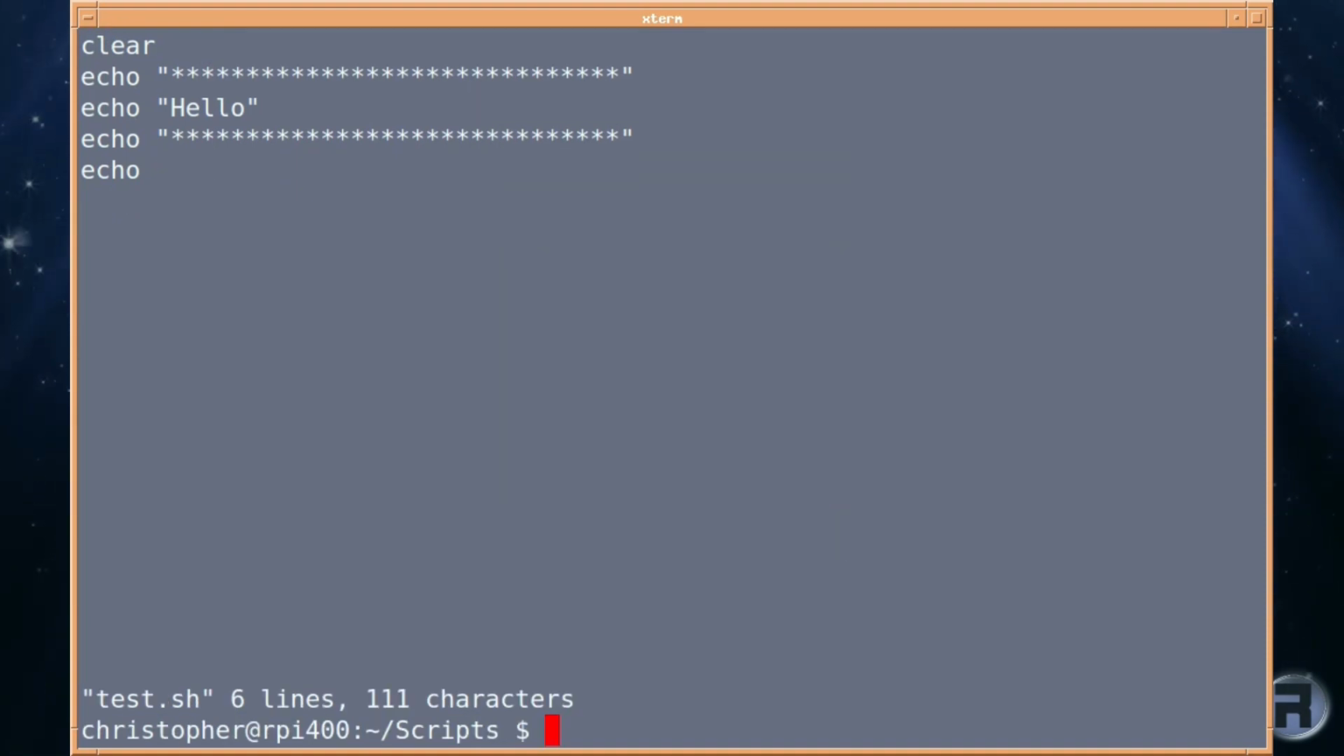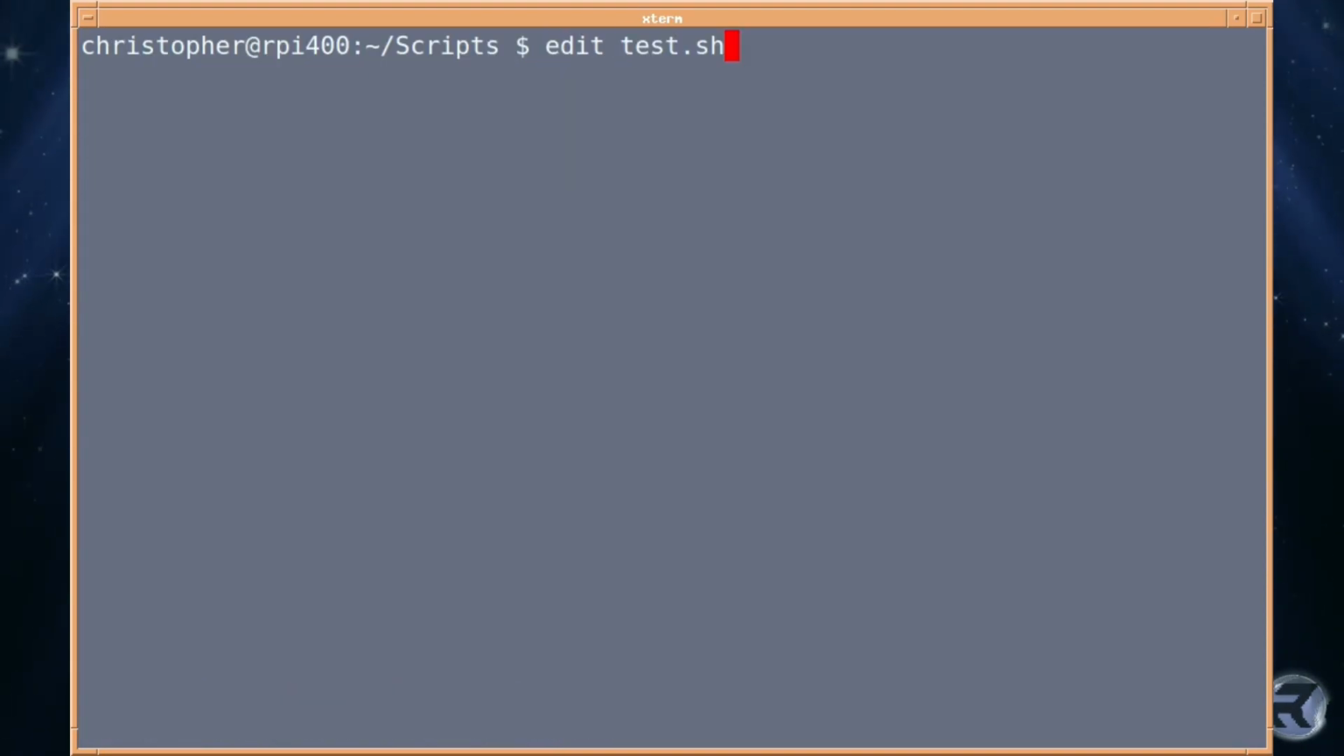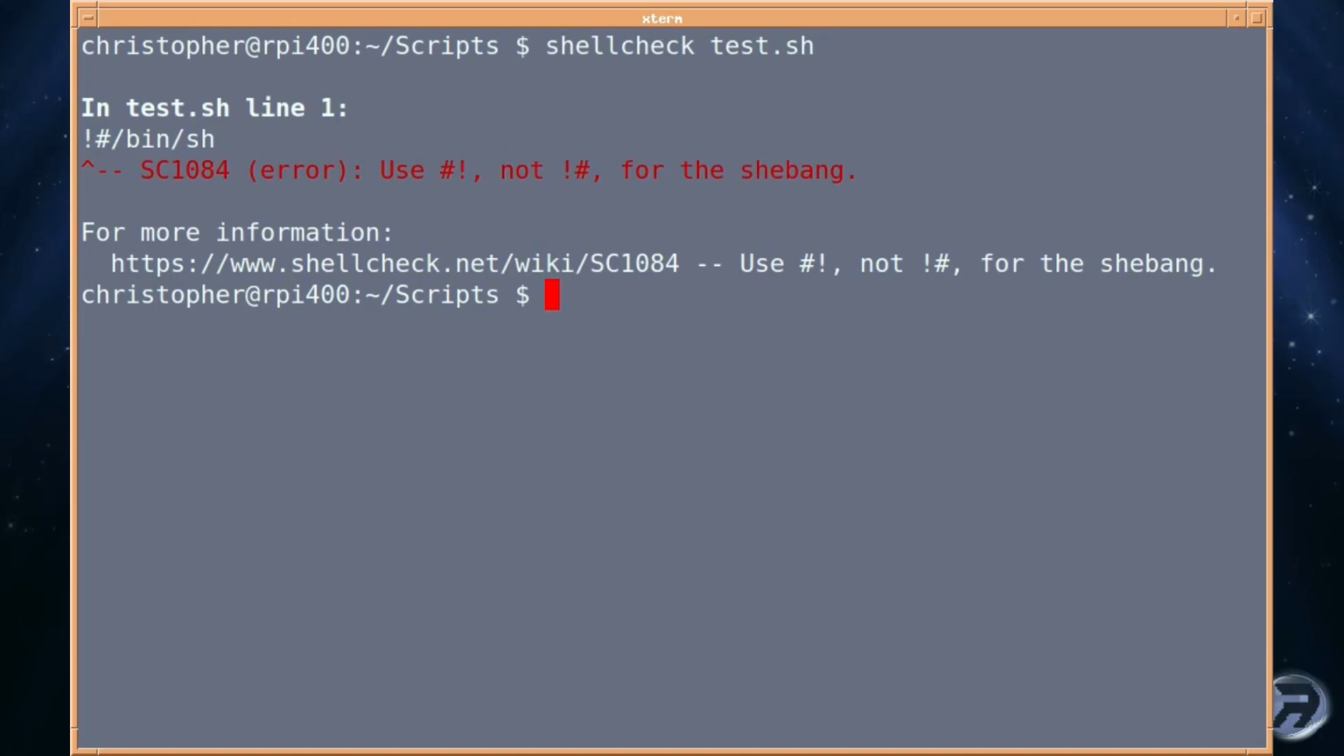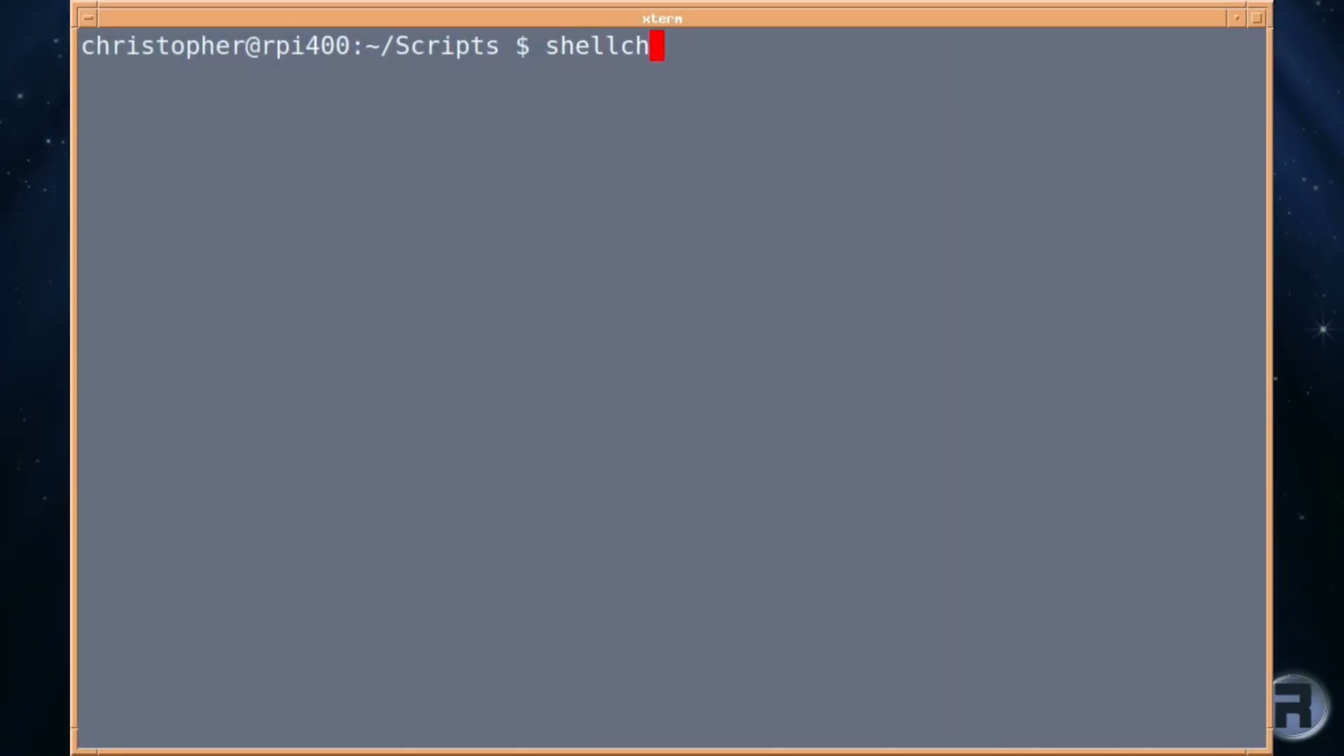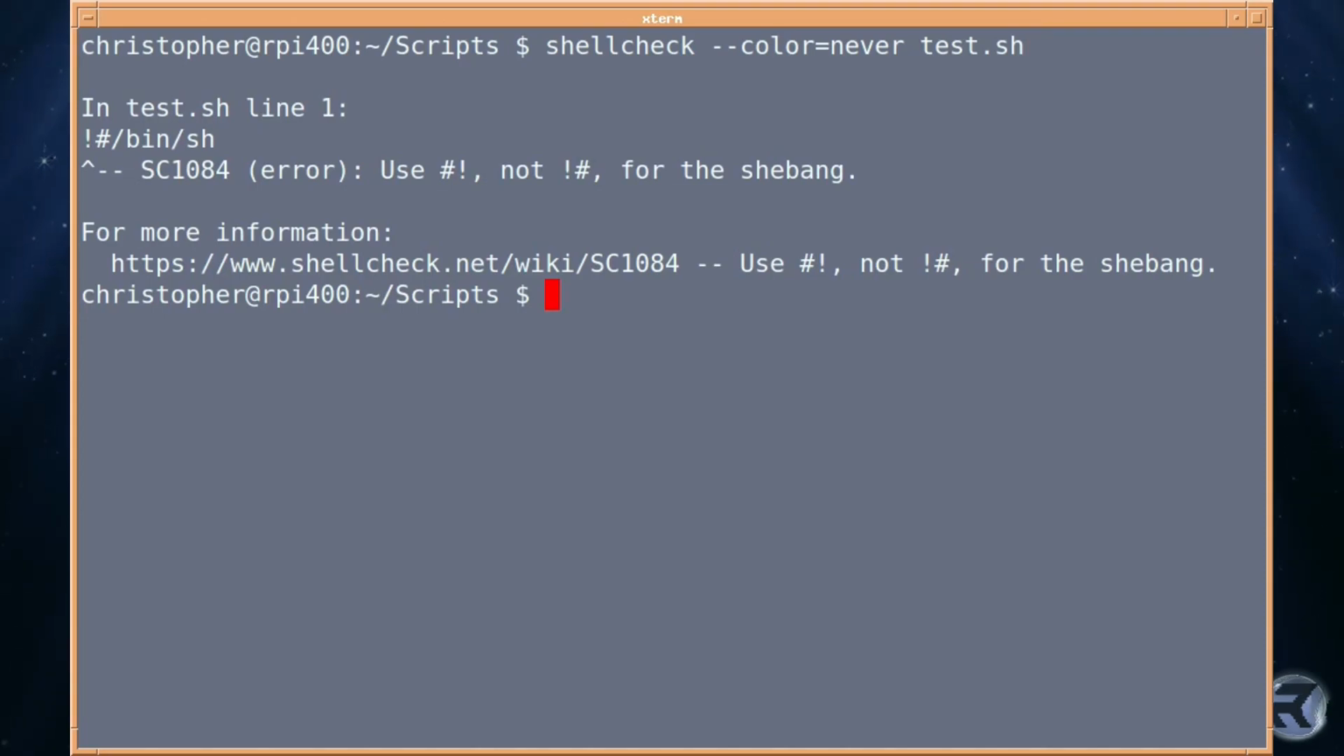I know it won't run, but if we do a ShellCheck on it again, it will tell us that there's a mistake in line 1. It says use hash exclamation mark not exclamation mark hash for the shebang. On this particular background, it's really not easy to see the red information line. So there is a switch we can use, which will strip away the color. So if you do double hyphen color equals never, it's American spelling of color, so beware of that. And it produces the same error code, of course, but now in just plain white,